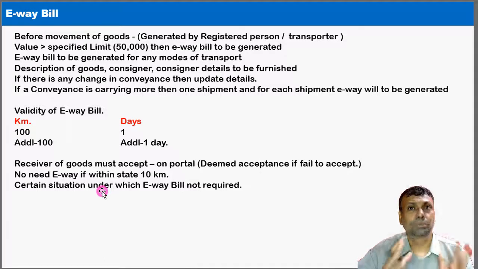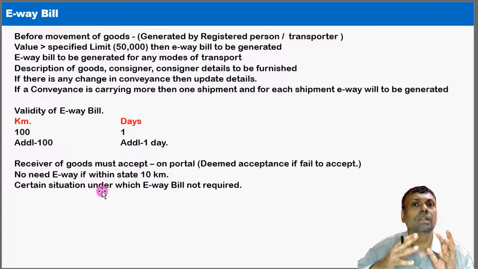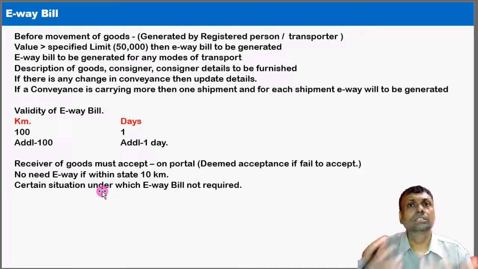It is basically a transporter's bill. In other words, this e-way bill has to be generated electronically, and the e-way bill should have all the particular details like consignor, consignee, where these goods are going, and all that kind of things. That means every transportation of the goods should be covered under a document cover, and that document cover is called an e-way bill. This e-way bill is to be generated online through the GST portal. That means it will be in the electronic format.